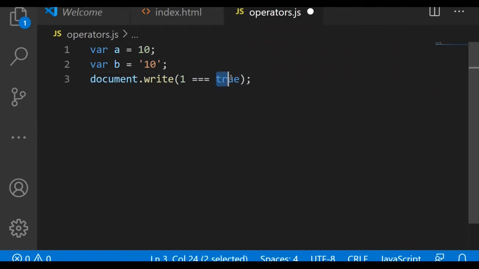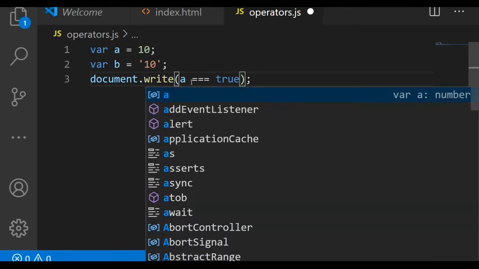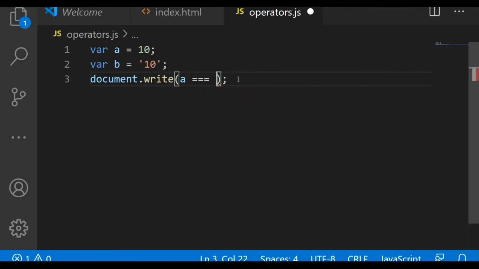In this example, let's change double equal to triple equal to and see the result. It is giving false, as now 1 and true are of different types and they are not the same for triple equal to. Likewise in our example, if we again check a === b, it will return false, as a is a number and b is a string.